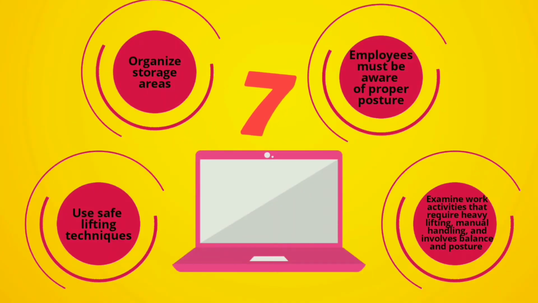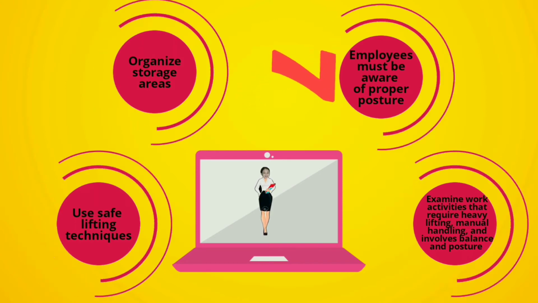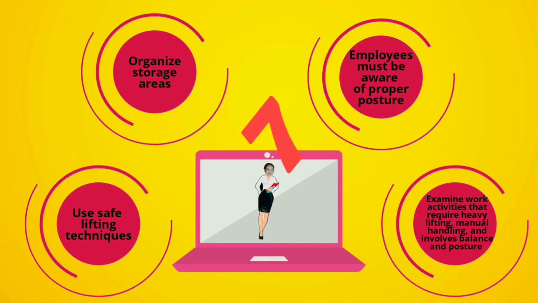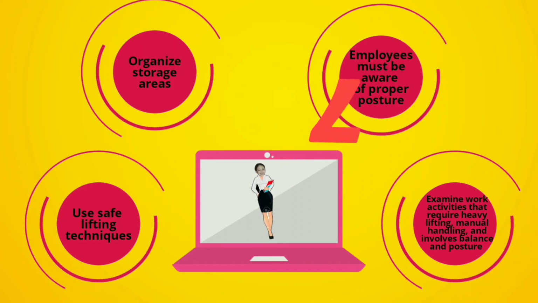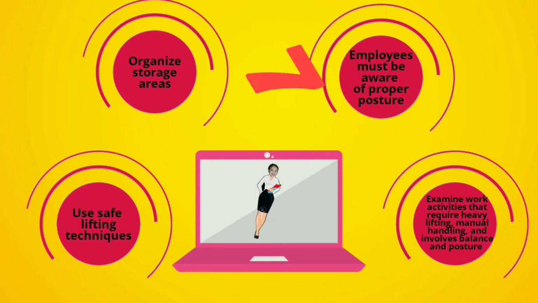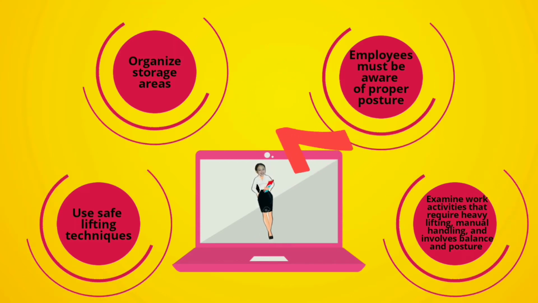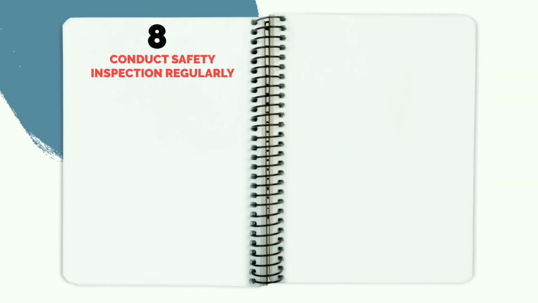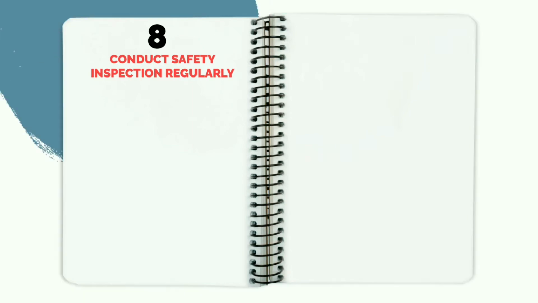The seventh way to prevent and eliminate hazard and risk in the workplace is to organize storage areas. Employees must be aware of proper posture, use safe lifting techniques, and examine work activities that require heavy lifting, manual handling, and involve balance and posture. Conduct safety inspections regularly. This is to fix and take action immediately